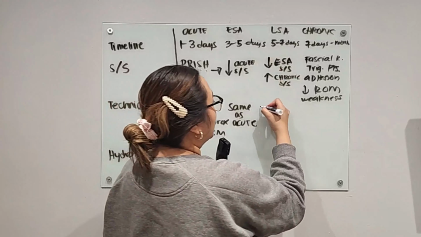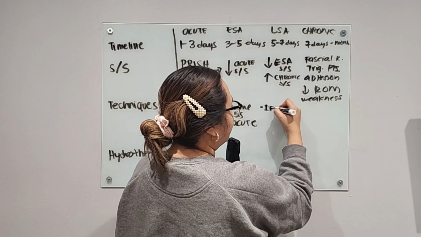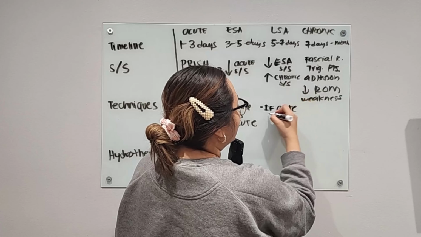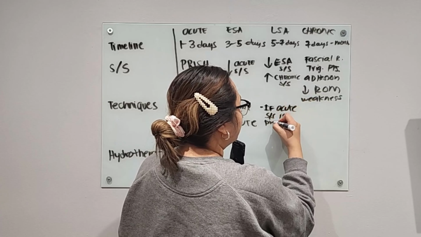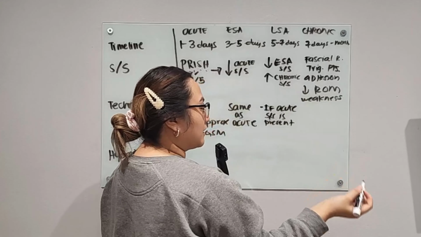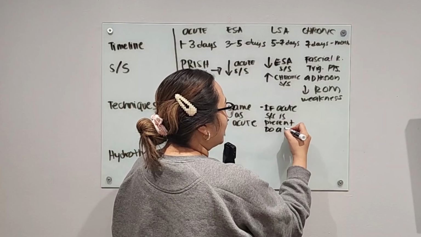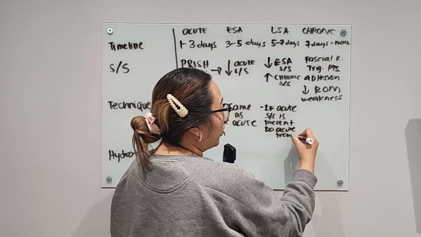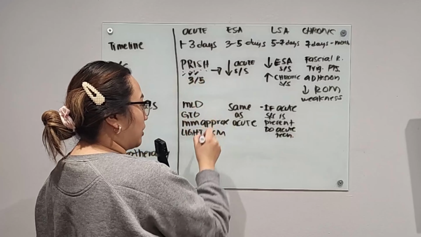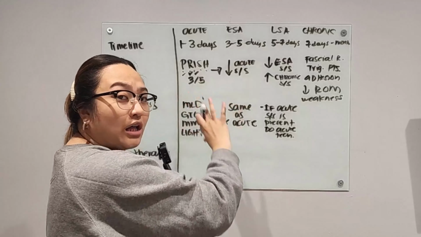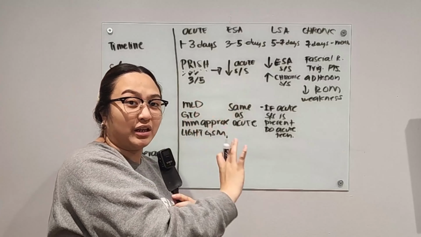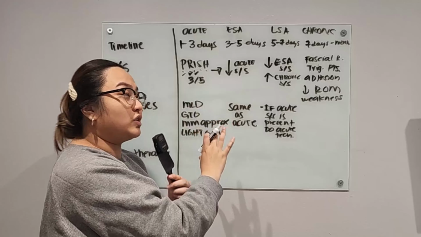For late subacute, if acute signs and symptoms are present, do acute techniques. What are those acute techniques? MLD, GTO, muscle approximation, like GSM. There's a lot more in here. You just need to see depending on the condition, but these are some common ones you can do on acute